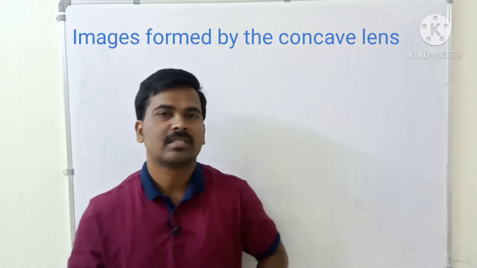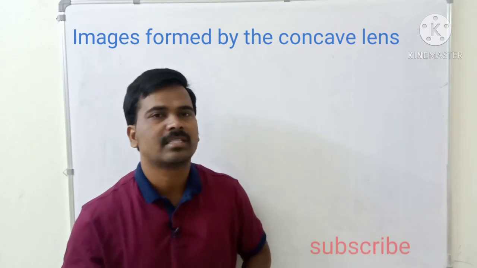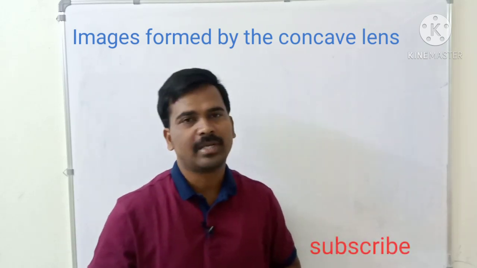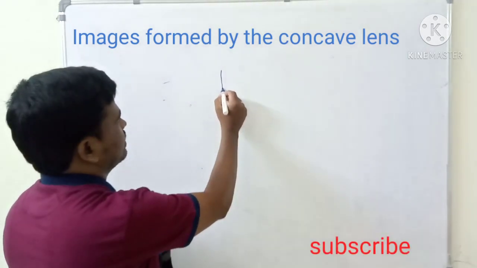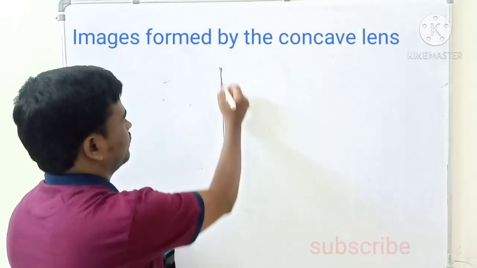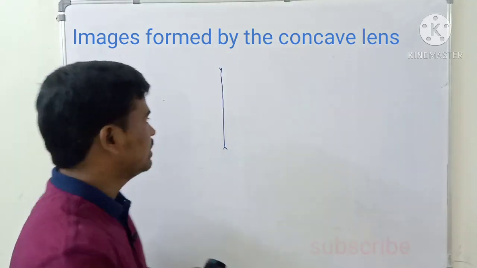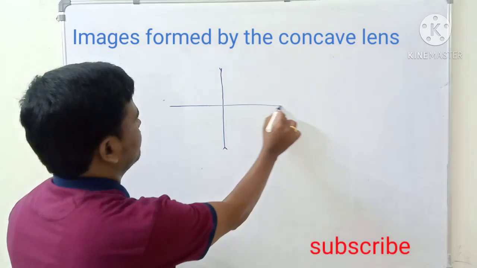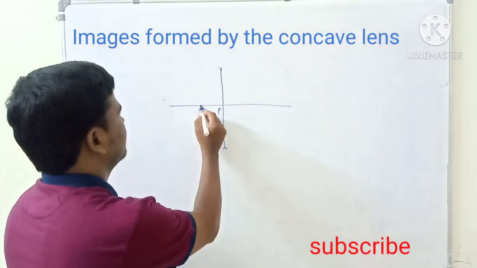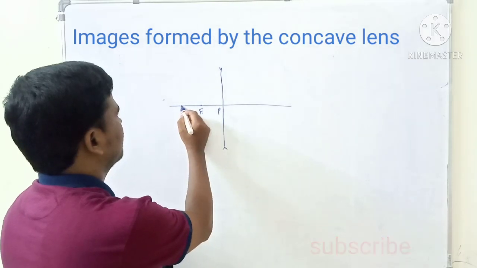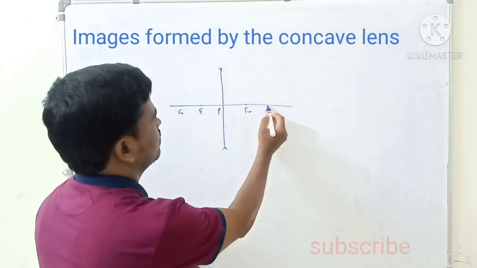I guess last class we discussed the images formed by the convex lens. In this class we discuss the images formed by the concave lens. So let me draw the concave lens symbol. This is the symbol of a concave lens and this is the principal axis. This is the optical center. This is a focal point, this is the center of curvature, this is also a focal point, this